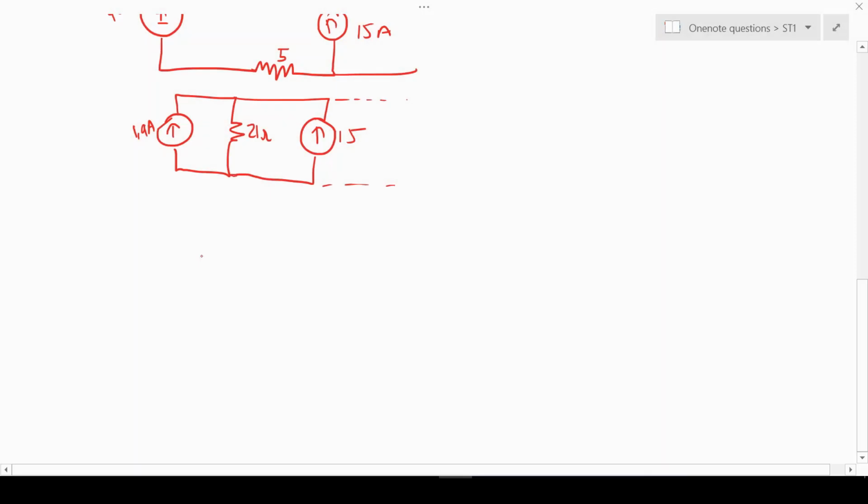So what's then left is to add the two current sources to give you one final current value in parallel with the resistance. The resistance is 21 ohms and the current will be 15 plus 1.9, which gives you 16.9 amps. Right, so the value of I is then equal to 16.9 amps and the value of R is